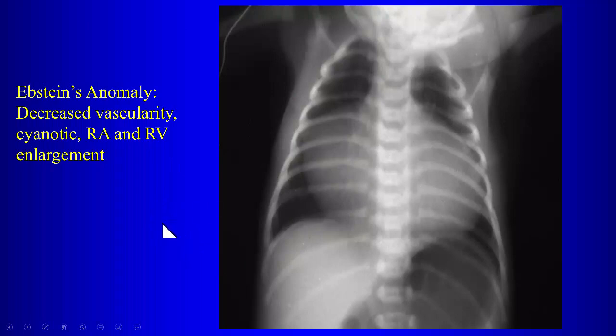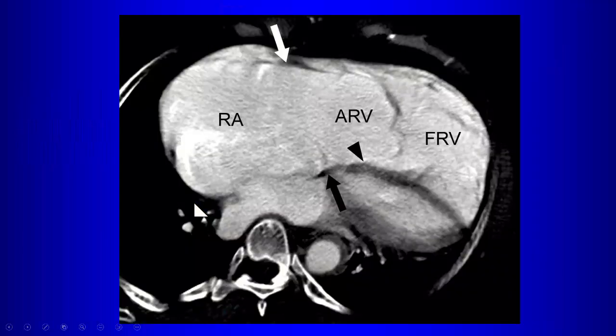Box-shaped heart, and also wall-to-wall heart, going from one end of the chest to the other. Okay, so those findings on the plain film can be associated with Epstein's. And then when we look here, what's happening is that the tricuspid valve is displaced towards the apex, and